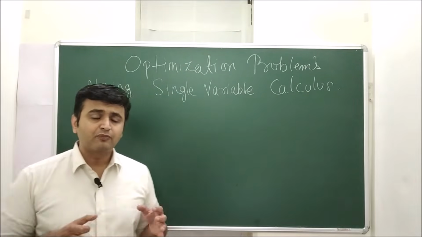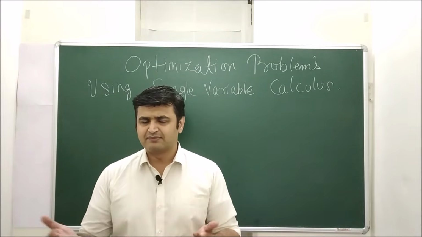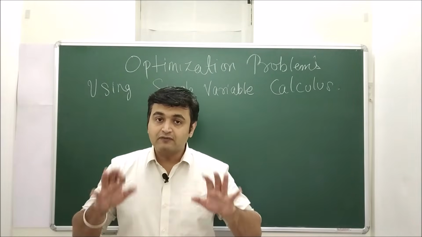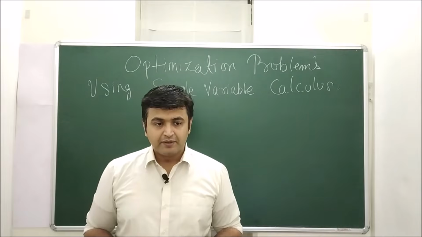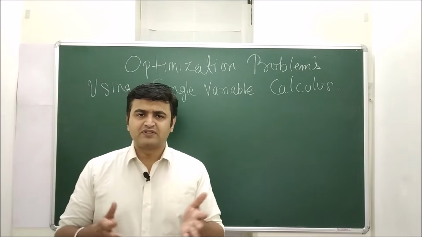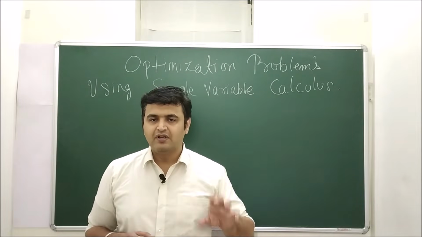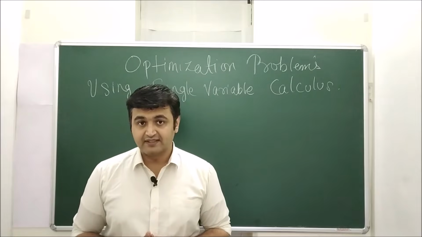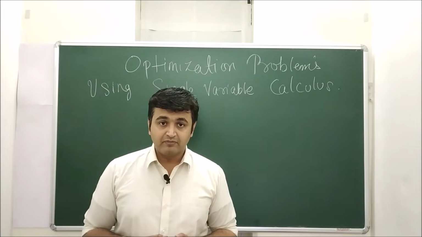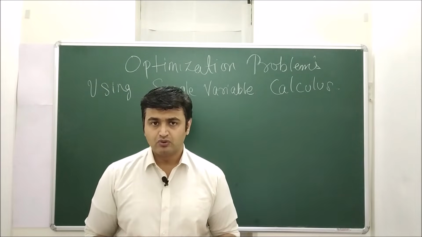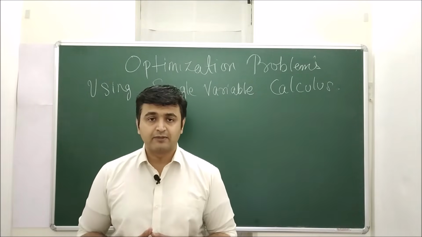Now whenever you have a problem on optimization, find maximum or find minimum, such kind of things, the first thing is you should always read the problem carefully, because an optimization problem will always have a question with around 3 to 6 lines. Okay, so it's usually a big problem, so it's always better to read 2-3 times so that you understand the problem exactly. Once you see the problem, you try to draw the diagram, at least a rough sketch, which will help you to further formulate the problem.